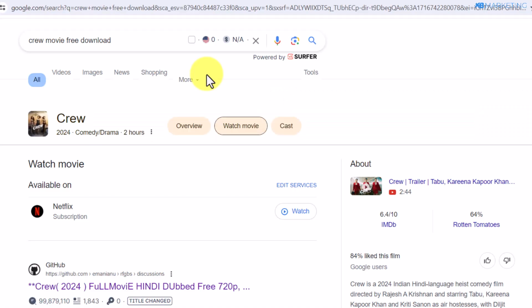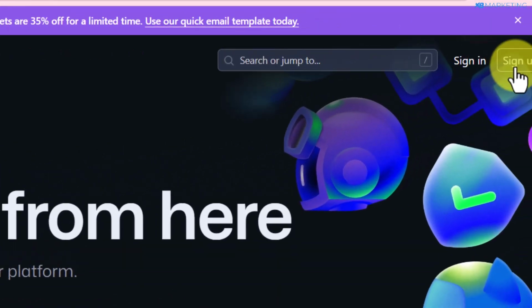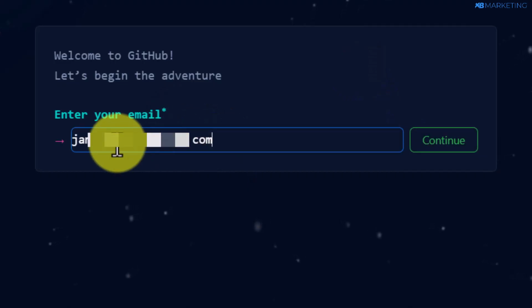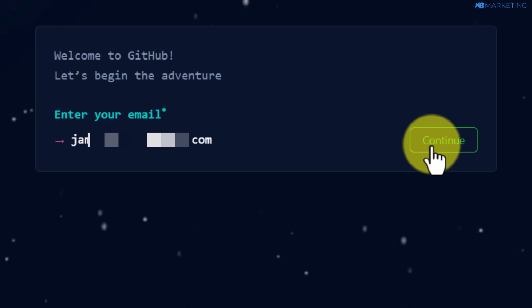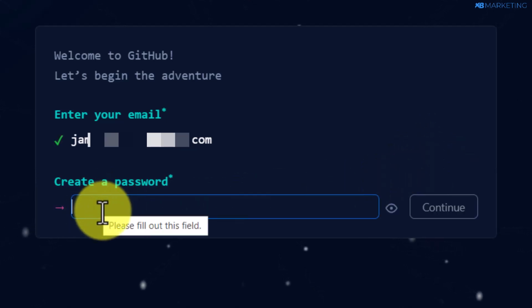All right. So a lot of gurus know about this, and I'm going to show you how to do this step by step. So the first thing you'll be needing is a GitHub account, and all you simply need to do is to go over to github.com and you want to click on the sign up button. All you need to do is to come over to this box and type in your email address, and you want to click on continue. Then you want to type in your password as well.